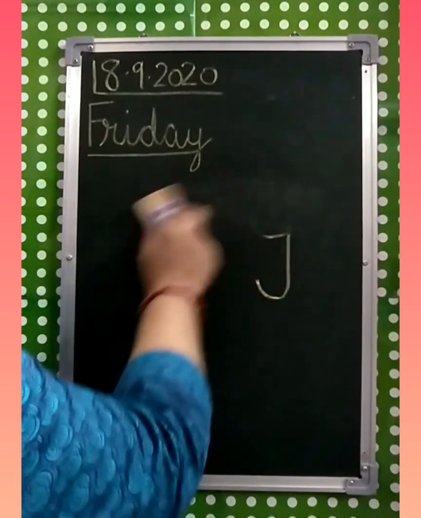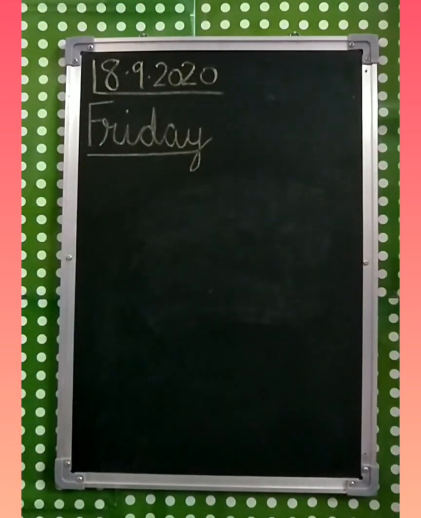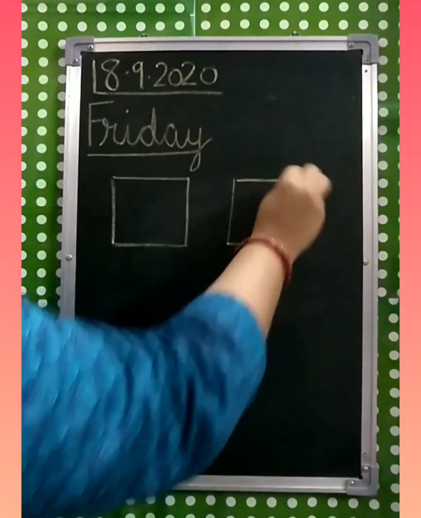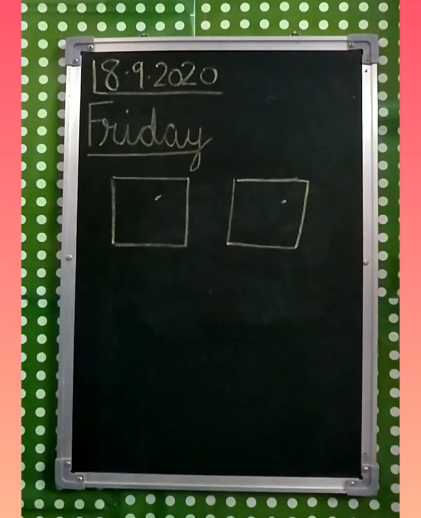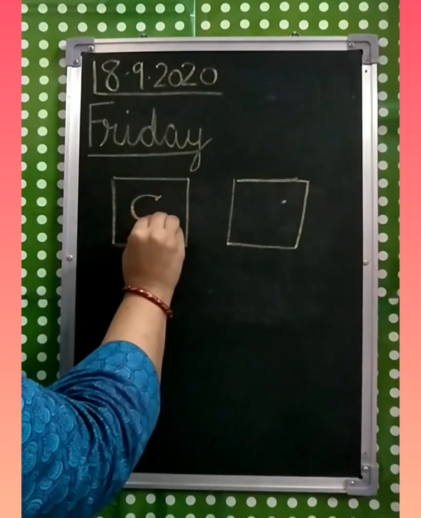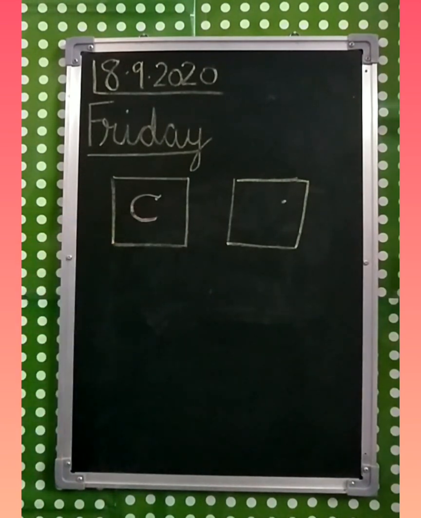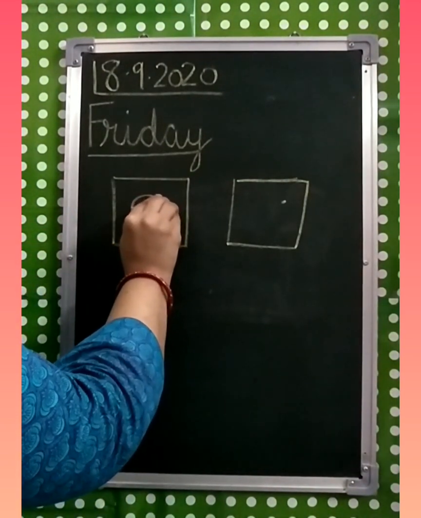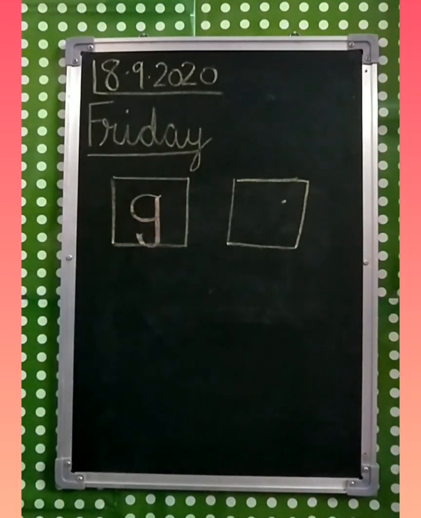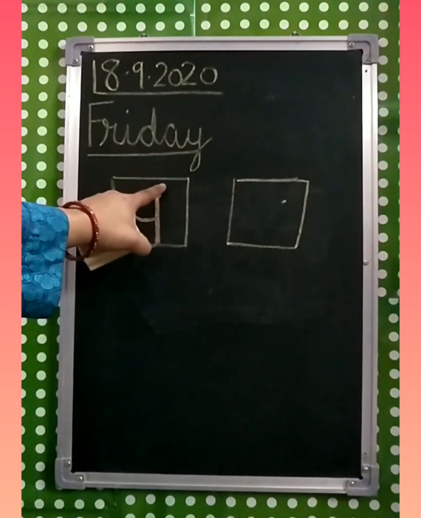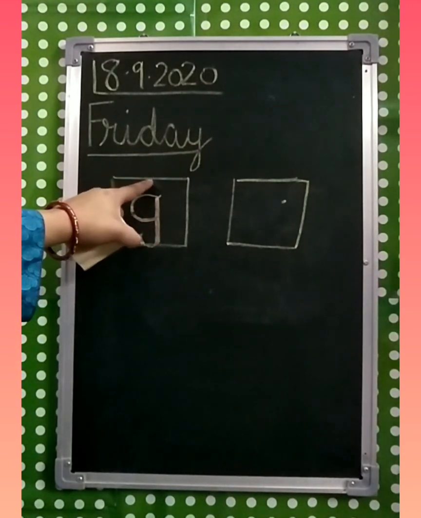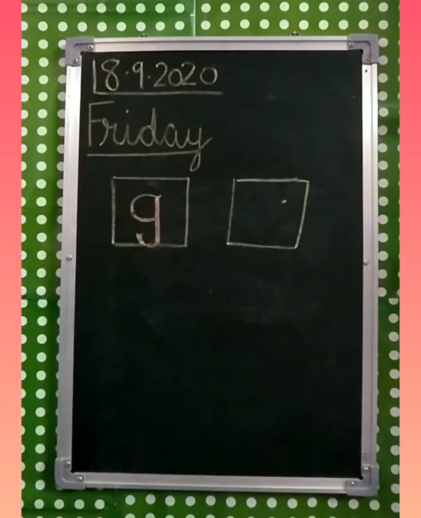Now children, I am going to tell you how to write in a paper. You will get these boxes. Yes? You get these squares now and dots will be there. So how you have to write? From the dot, you will make one small c. ऐसे C बनाएंगे. Then from the dot we will make one standing line, come down, touch and turn. See, we don't have to touch this top line. We have to touch only the bottom line. ऊपर वाली line touch नहीं करनी है, बस नीचे वाली line touch करनी है.